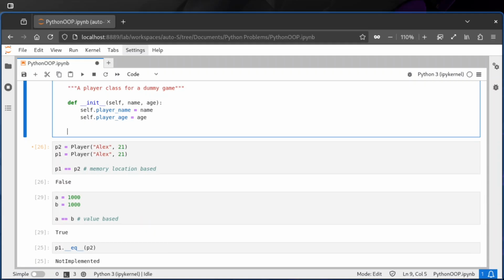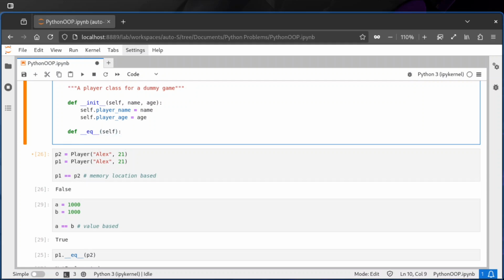So let me show you what I mean. I can simply override that __eq__, and I do not have to accept any argument here. Yeah, I have to accept an argument here, because how are we going to compare, right? So we can do self.player.age. We can compare the age. And if both the age, both the things,